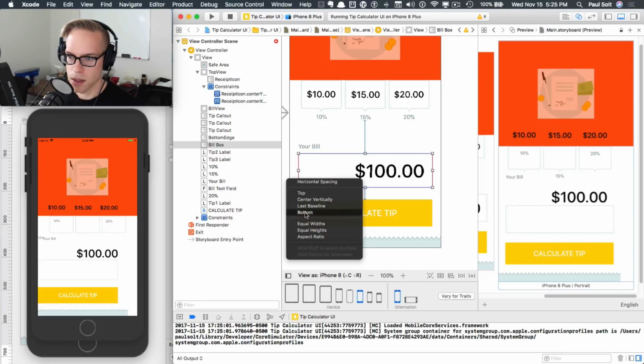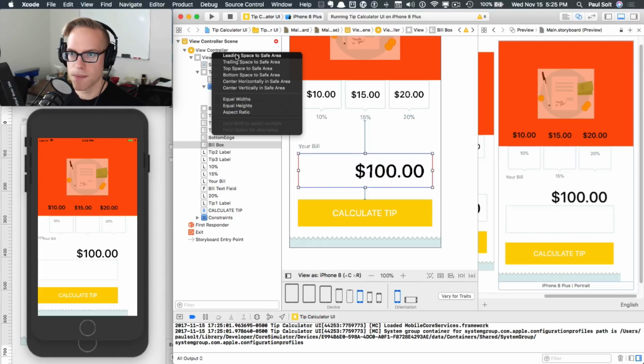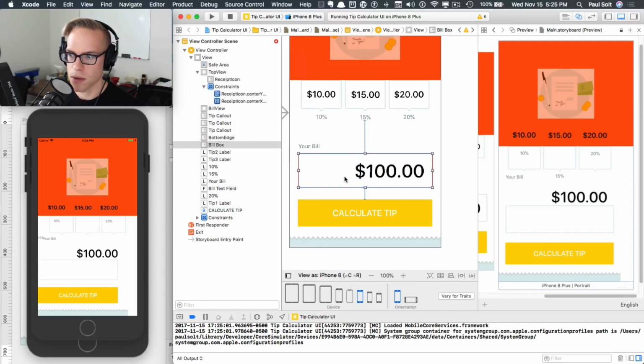We want the, and it's not giving me the leading edge. So what I'm going to do is I'm just going to drag this to our view, and this will let me get both the leading and the trailing. I'll add those constraints, and then we should be good to go. Now, if we're looking at this,